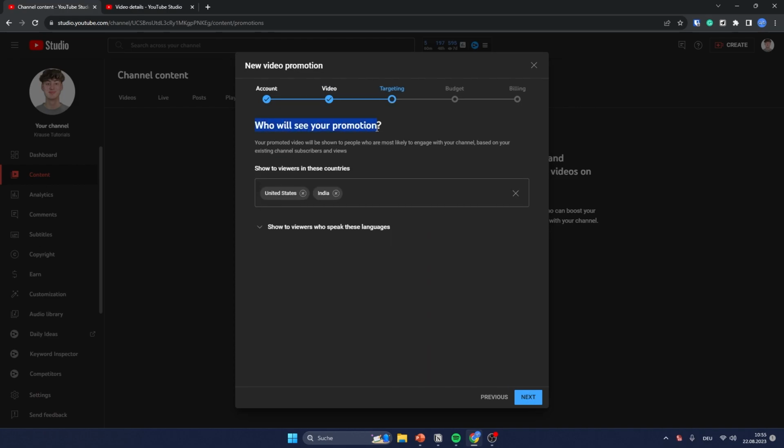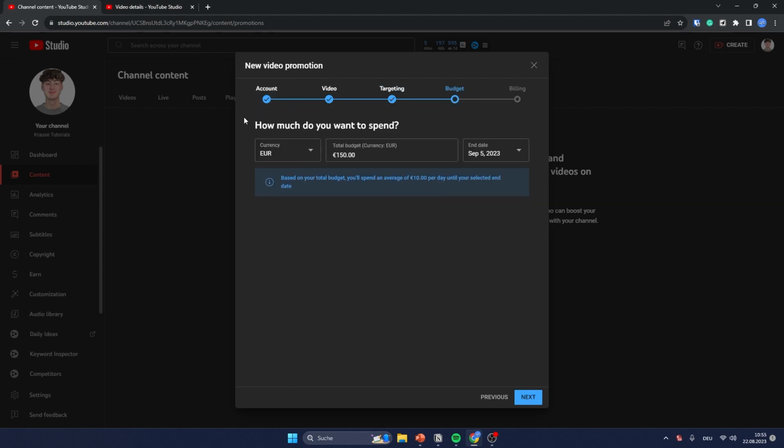And then we can set where our video should get shown. So for example, we can set the viewer location. Let's say that we want to target the United States as well as some high-tier countries like Germany or the Netherlands, for example. And then we can also add certain languages. So for example, we can set this to English because the video that I've selected is actually in English. Then we will just have to click on Next, and then we will have to select the budget for our